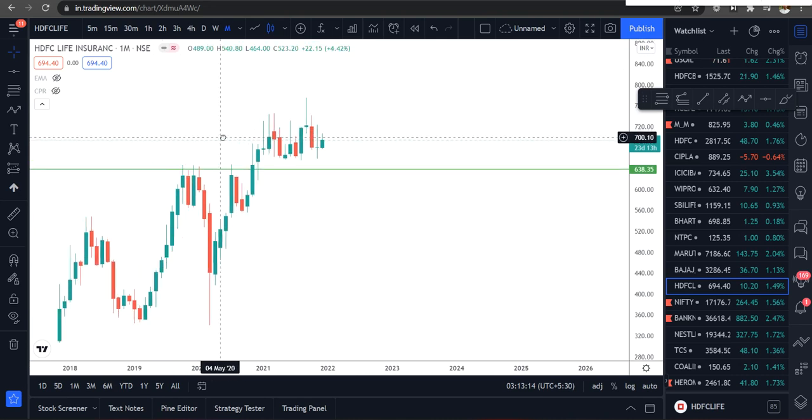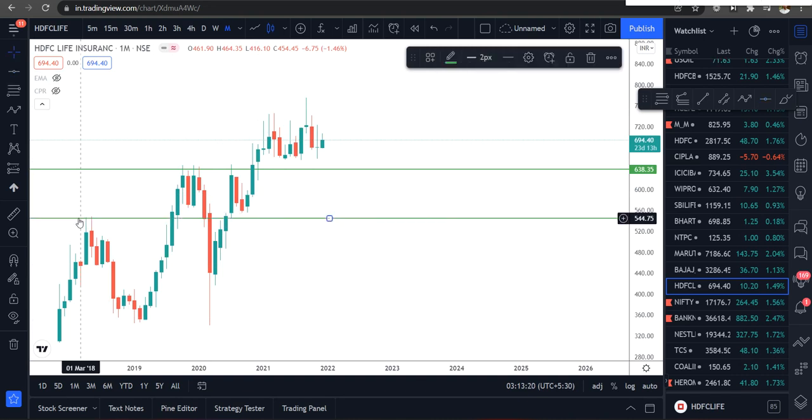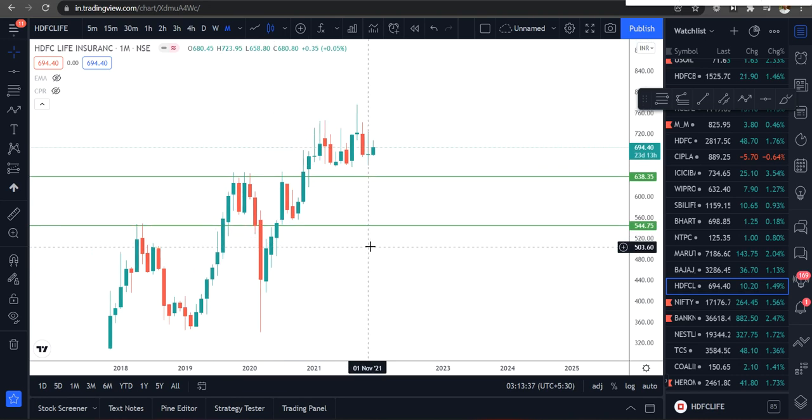So this is very easy, and most people would have done it. And see, I can mark it here also. This is one more resistance level, and you can see the retracement here, and it went back. So it may not be exactly at this level, but somehow it is retested and it went. Like, we need to change it to weekly or daily time frame to understand why this level has reacted.